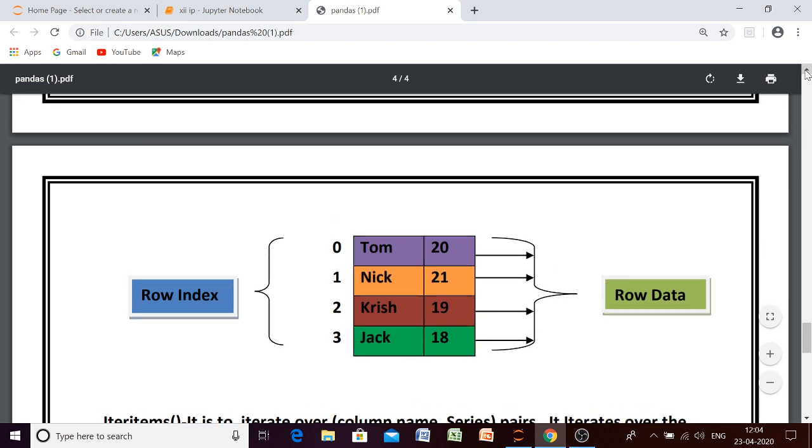Just remember, in case of iterrows we will have the row wise data, one row at a time, and in case of iteritems we will have column wise data, means one column at a time, and in both situations you have to give the index as well as data. Okay, both the functions iterate over index and data. So iterrows will iterate over row index and iteritems will iterate over column index.